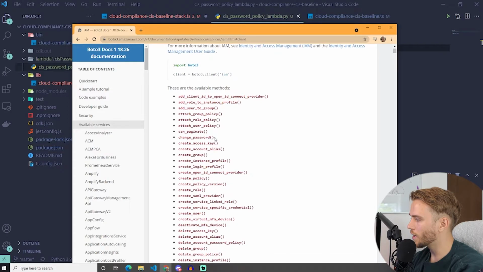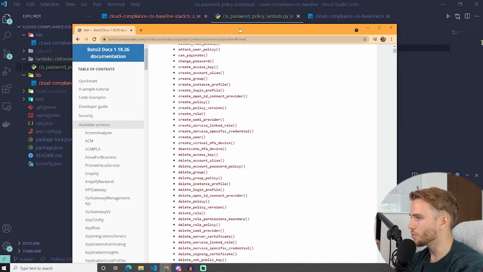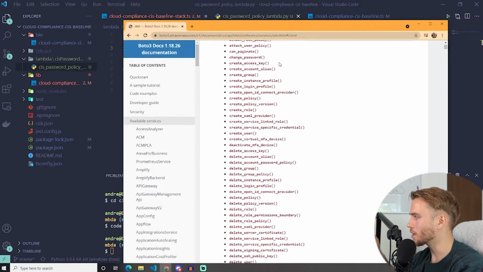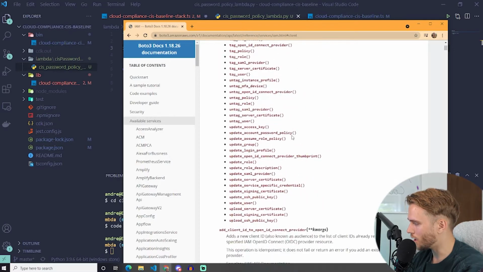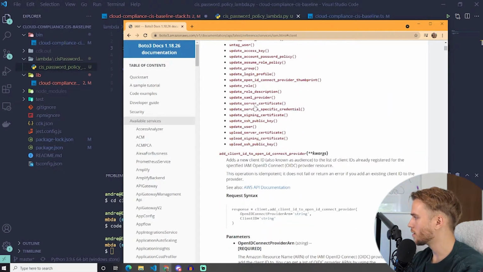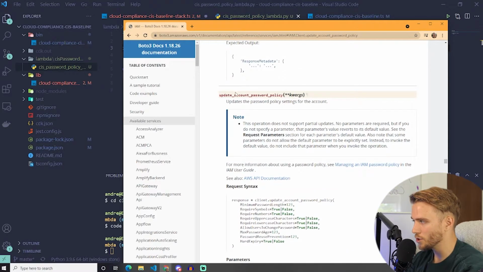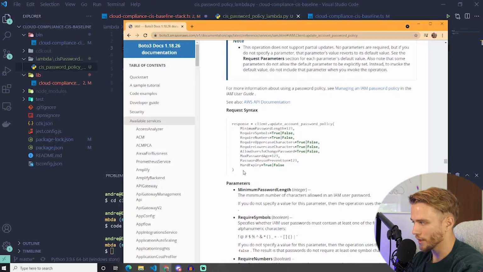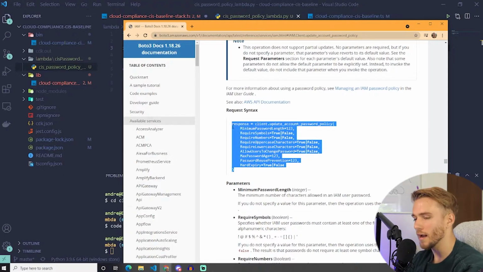If I come to client, I'm going to actually try to create an IAM client or a password policy. So if I come here, let's see, I think I need to update the... Perfect. There we go. So I'm using the update account password policy function. And as you can see here, I don't want to get too ahead of myself. I'm going to pass it some parameters in a response variable that's going to actually go out and do what